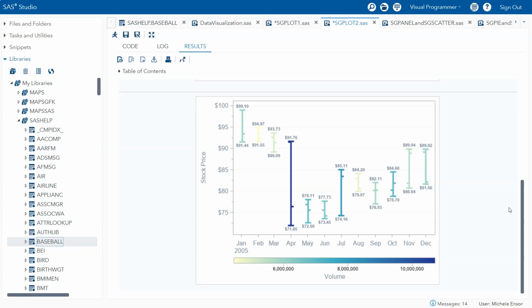It has serif endpoints, so you see that T. Within the line, you see tick marks, which represent the opening and the closing values. In addition, the color of each line is being represented by the volume value. The higher the volume, the darker the color. So the one with the highest volume was in April. That color response created the gradient legend that we see positioned at the bottom.